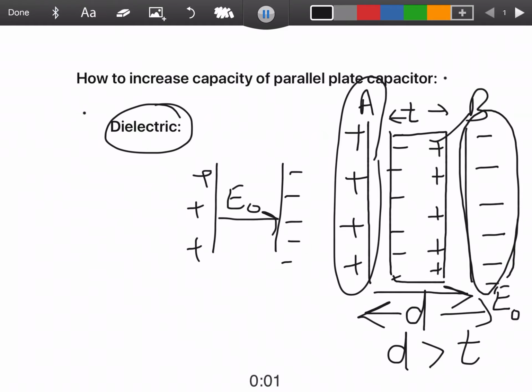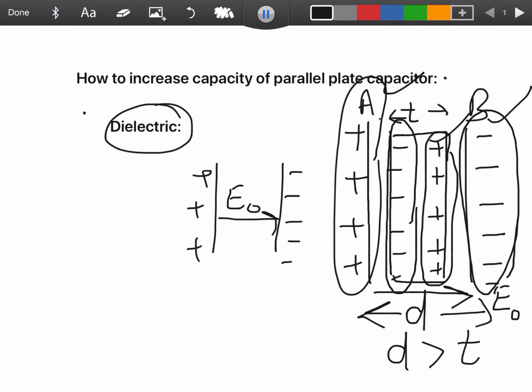But we must keep one thing in mind, that this negative charge induced on one side of dielectric slab will be lesser than the positive charge on plate A. Similarly, positive charge induced on the other side of the dielectric slab will also be lesser than negative charge on B,